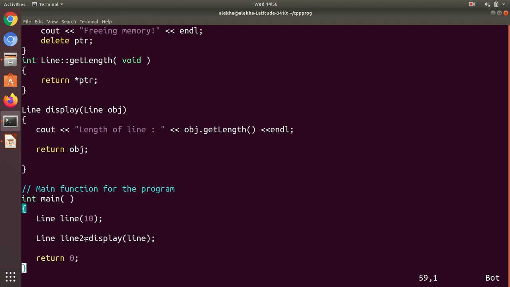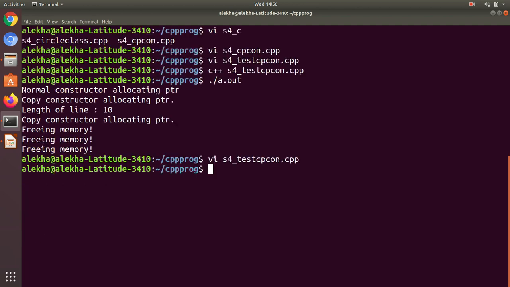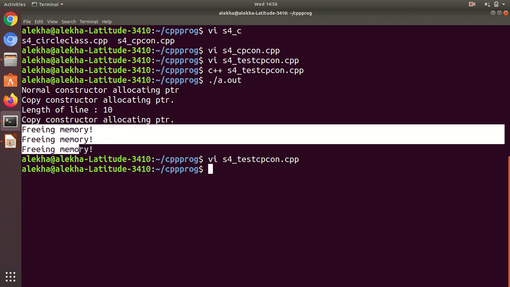Now what we are seeing is three freeing memory calls, because three objects are created.